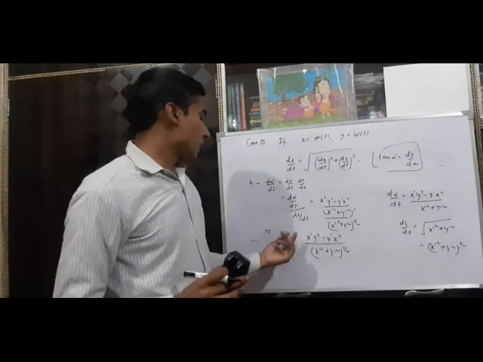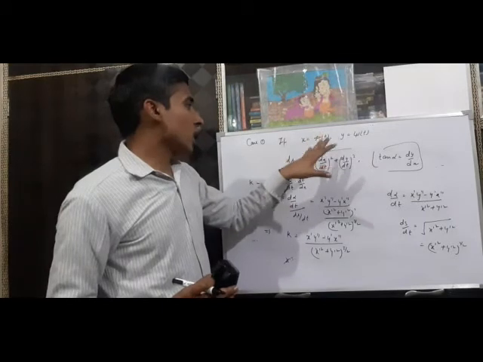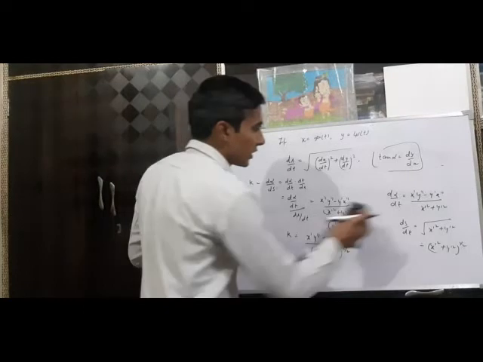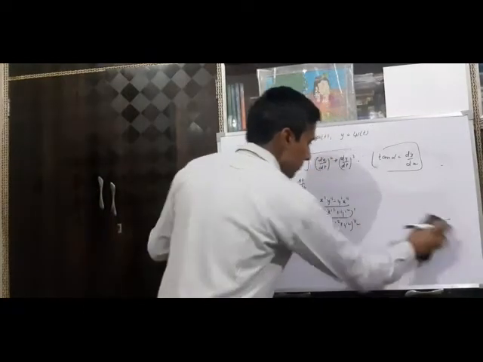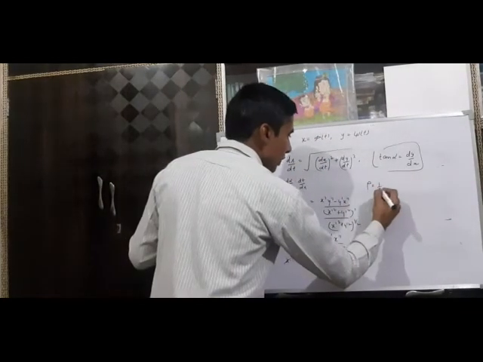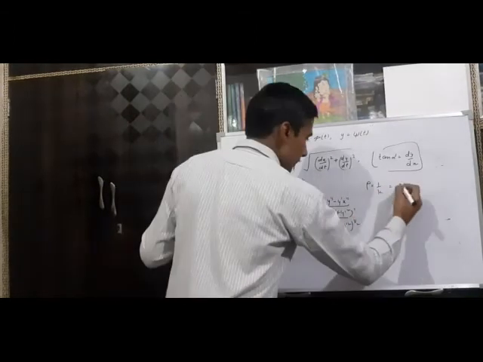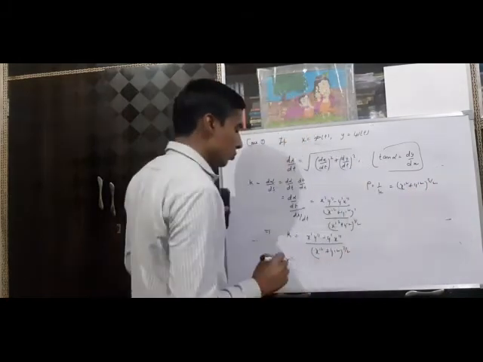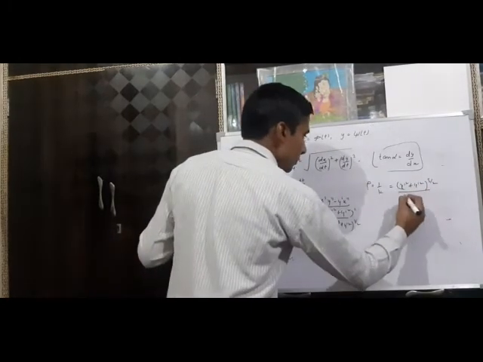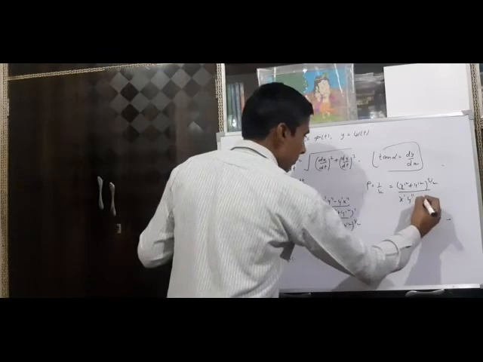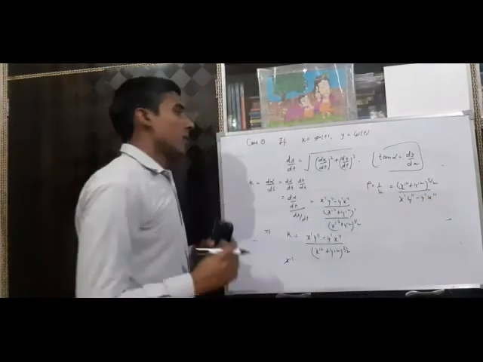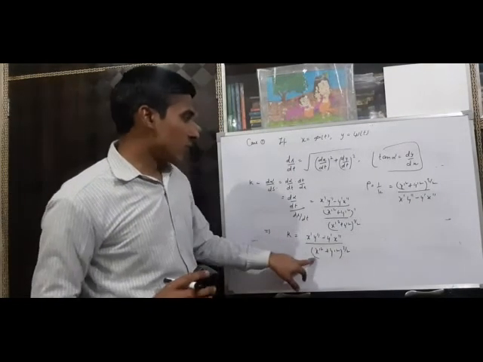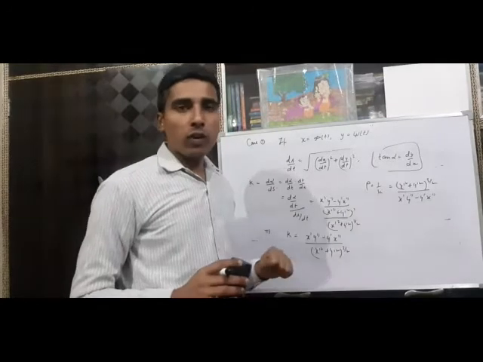So this is the curvature when the equation of the curve is written in parametric form, and the radius of curvature is rho, which is 1 upon k, and this is written as x prime square plus y prime square raised to power 3 by 2, divided by x prime y double prime minus y prime x double prime. So in case of a parametric equation, this is the curvature, and this formula gives the radius of curvature.